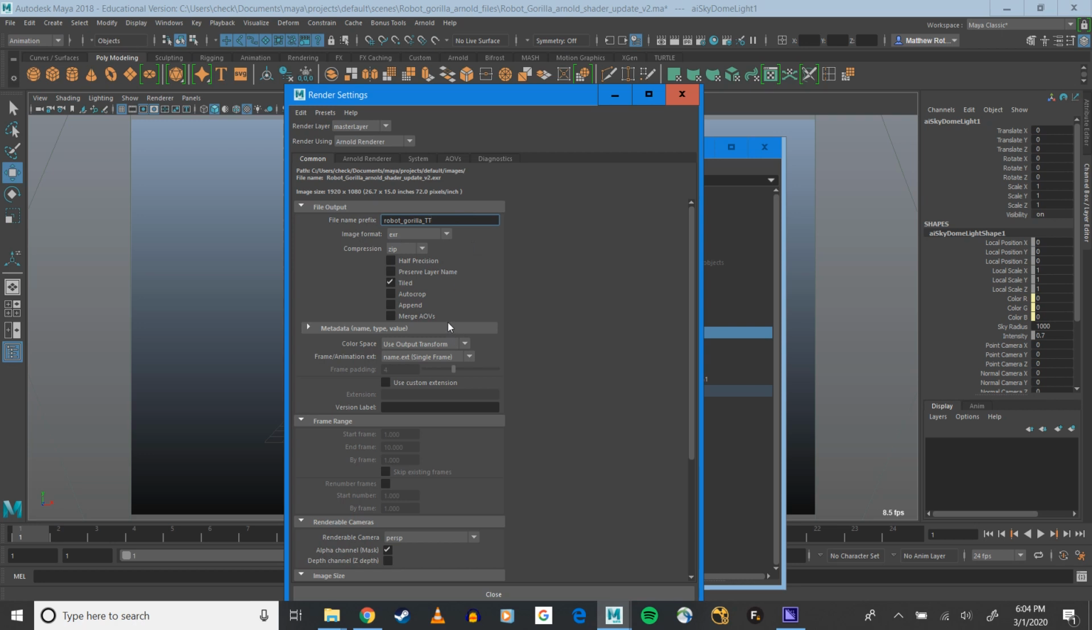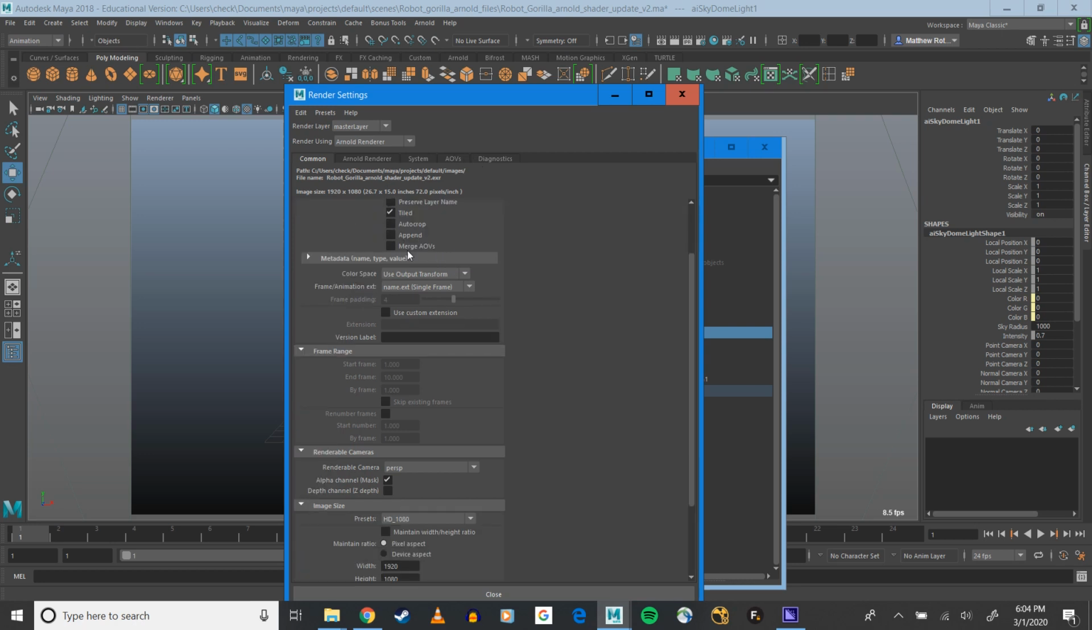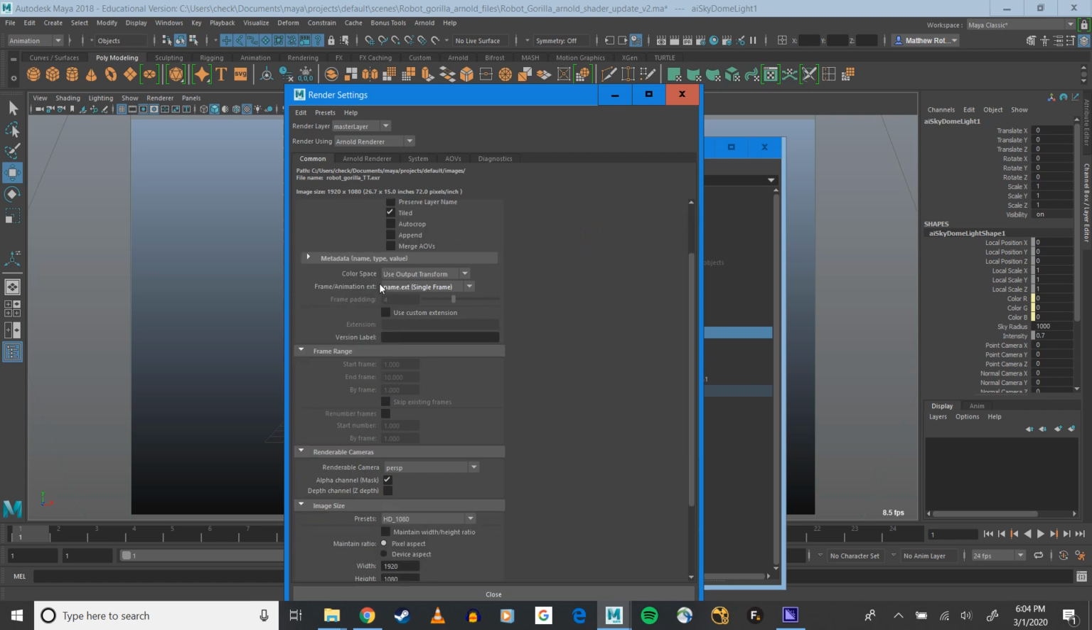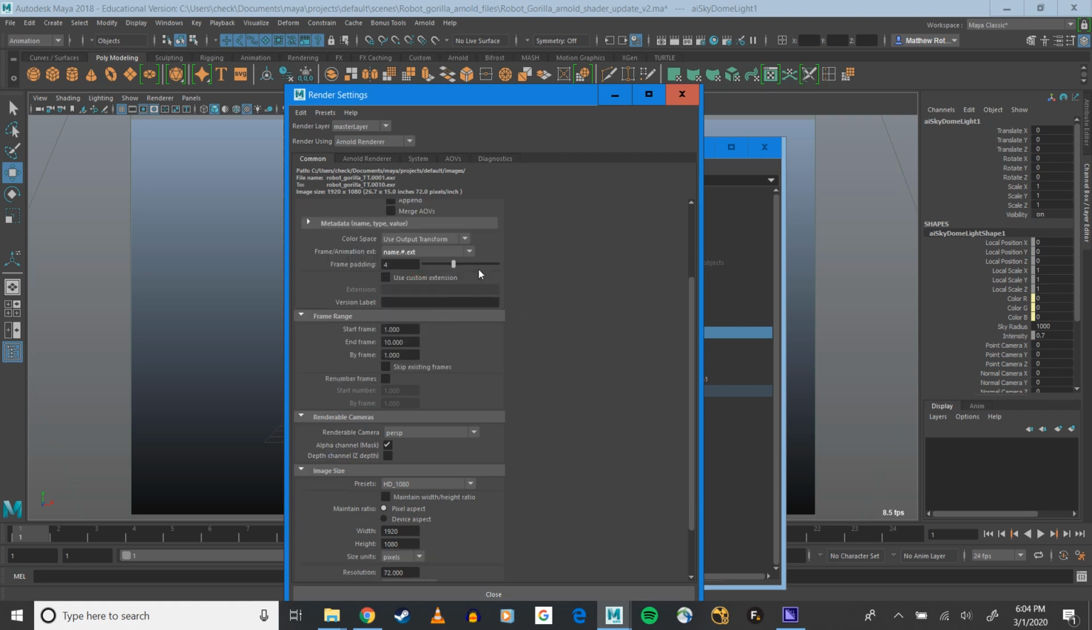and I don't need to touch any of this other stuff, which if I had AOVs, I might want to merge my AOVs into my multi-layer EXRs, but the next thing that you're going to want to pay attention to is your frame/animation extension. Now, I tend to prefer name.number.extension, but Maya in fact recommends name_number.extension, but regardless, I'm stuck in my old ways. Name.number.extension is what I'm going to be using, but either one should work just the same in basically any program. So name.number.extension, like I said,